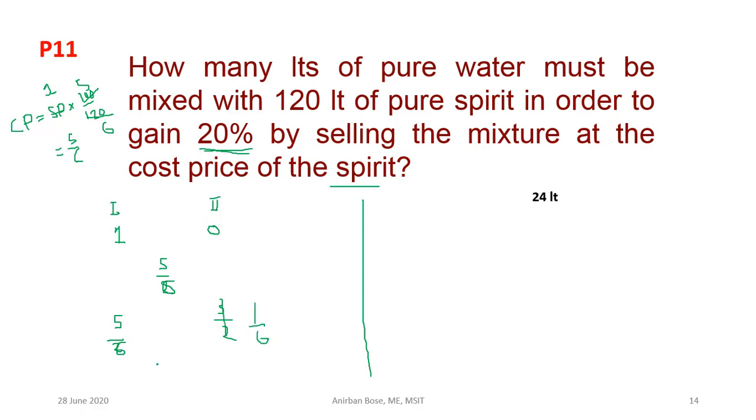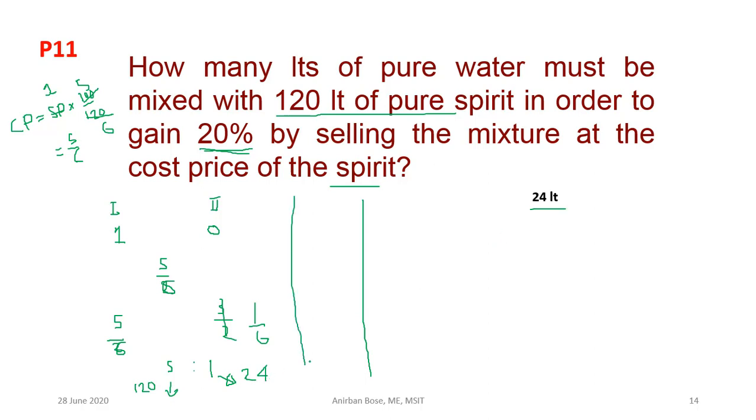So what is the ratio? That is 5 is to 1. Okay, so this is the ratio as these two are mixed. Now it is known that 120 liters of pure spirit was there, so this 5 corresponds to 120, right? If this was 120, now tell me what is this 1? That is the water. So if 5 is 120, then 1 is 24. So the answer is 24 liters of water actually mixed.